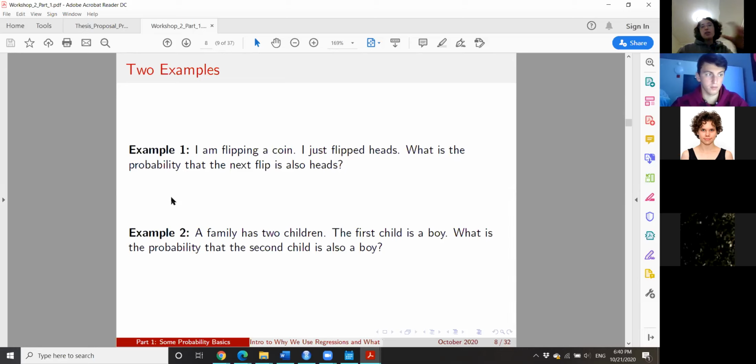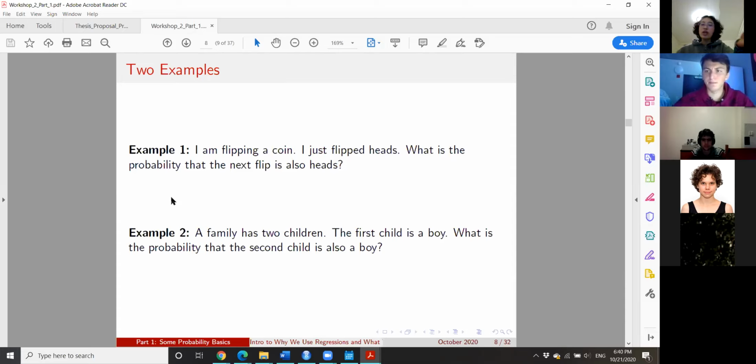But there's something else about example 2 that makes it different from example 1. And it's not that example 2 is necessarily 1/2 or whatever. The point is that in example 2, we know the information that the family has 2 children. And this is important because when I'm flipping coins in sequence, we know that there's a 50-50 probability for each coin. When people are having children in sequence, you can say roughly there's a 50-50 probability for each